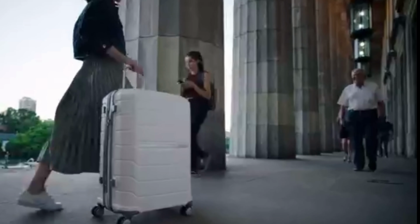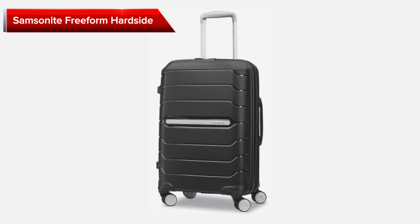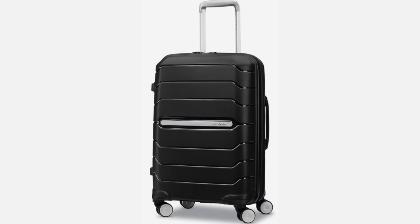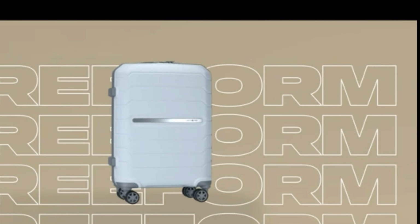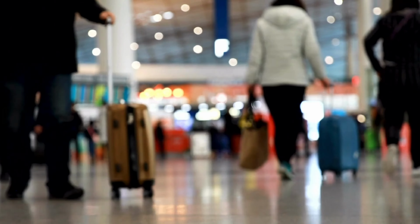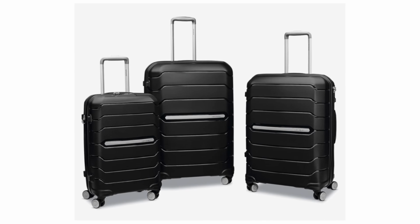Our number 1 spot goes to none other than the Samsonite Freeform Hardside. This suitcase stands out as a durable and stylish luggage set tailored for travelers requiring resilience in their suitcase. Crafted from Curv, a lightweight and impact-resistant material that's also scratch-resistant, this set boasts a sleek, modern design with various color options. Navigating through airports and train stations is effortless with the Freeform Hardside's multi-wheel spinner system, offering stability on